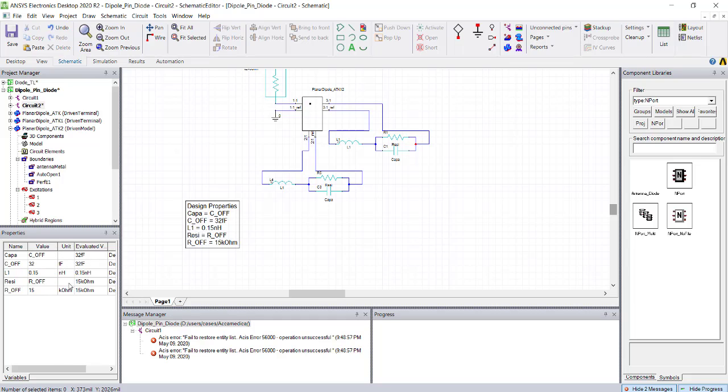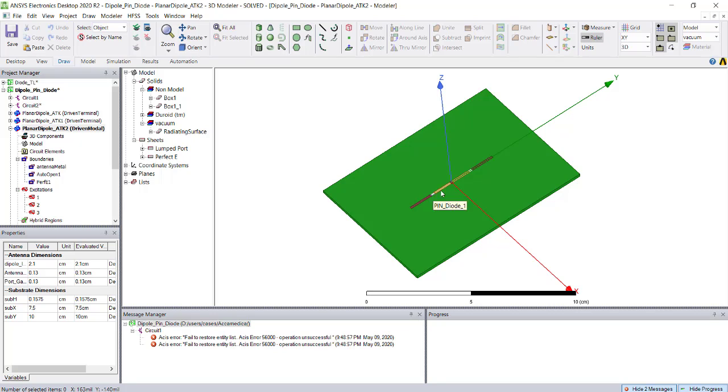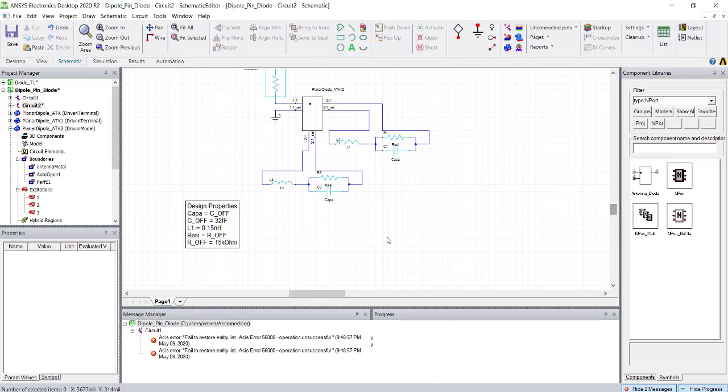So the resistance is put as 15 kilo ohm. Right now is our off condition. So we can directly put 15 kilo ohm here. CF is 32. So right now it's put as an off condition. At the off condition, the diode has to work at a higher frequency. Only these 2 amps will be enabled, and the other thing will be disabled here. So this is the condition now.